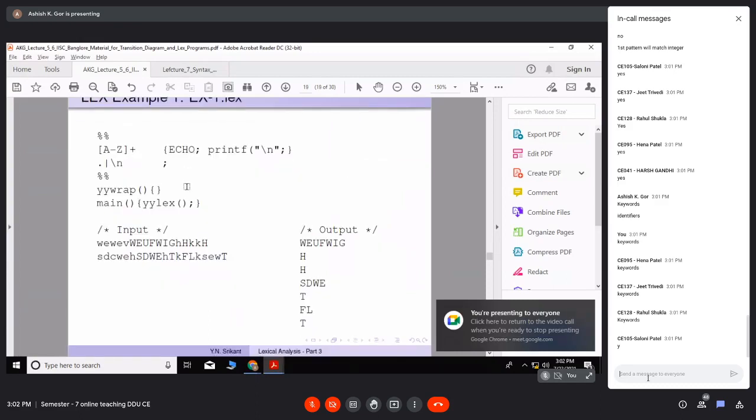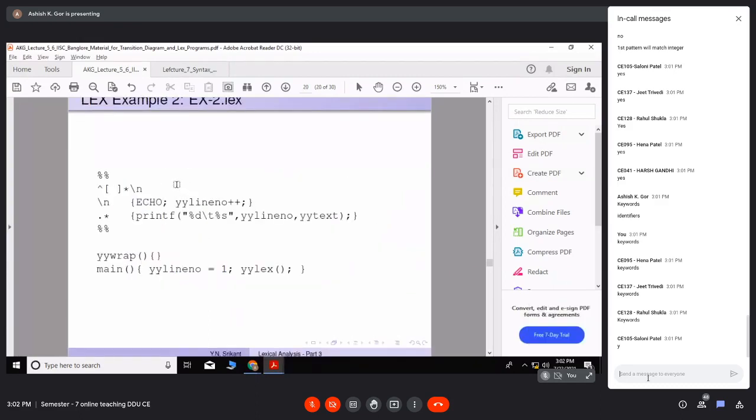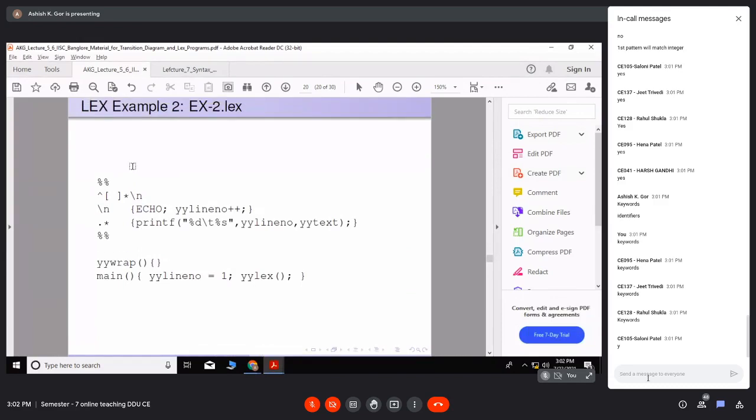Okay, so now this is a second program. All of you please see this program. Now it's about the programs only, right? I will give you some differences, so you have to tell me the output. This is the rules section between the percentage signs. Now you see this is a pattern. The first pattern is this. What is the meaning of that? Would anybody like to tell? Remember, this caret is outside.